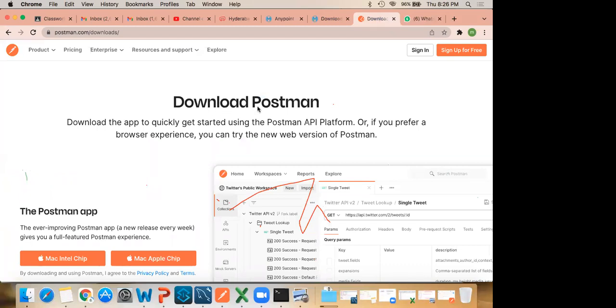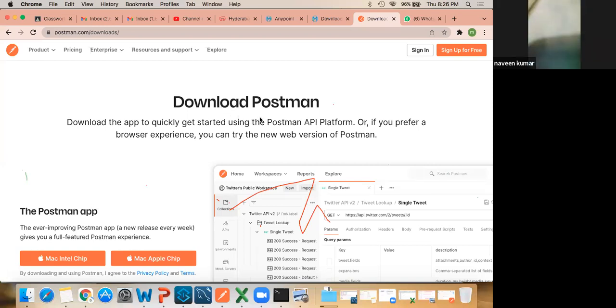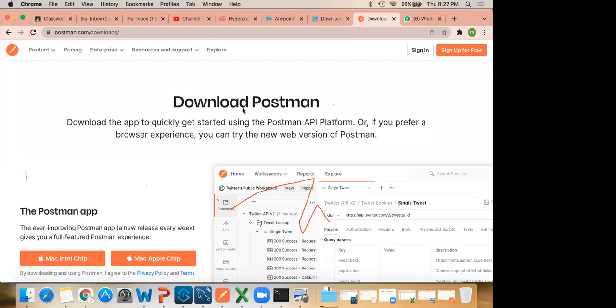When I search MuleSoft jobs, different companies ask for different skills. Okay, forget about the skill set. What they will do, they will keep different skill sets over there. Just forget about it.